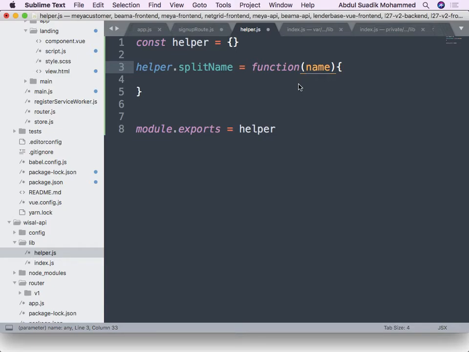Let me give you an example. If I say const helper equals an empty object like this, right? And I say helper dot split, right? And press enter. It tells that this is the object, and I'm giving it a property. And that property, I'll find what? The function. The function takes a name in here,